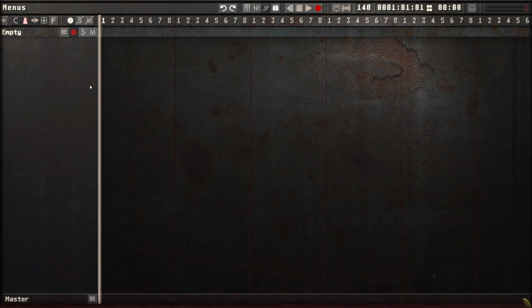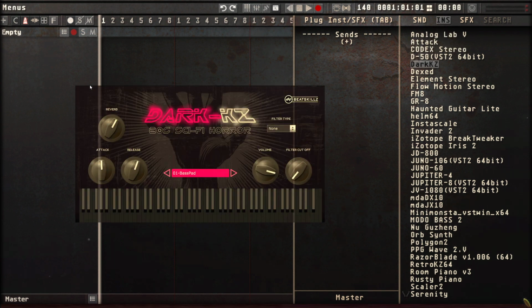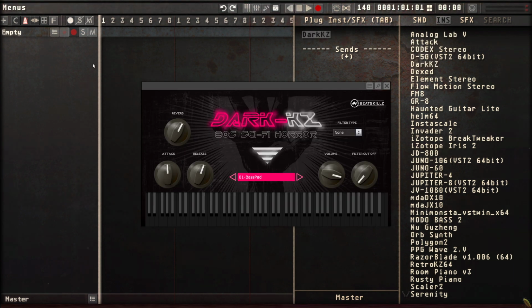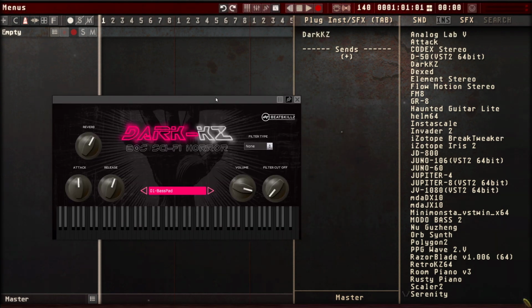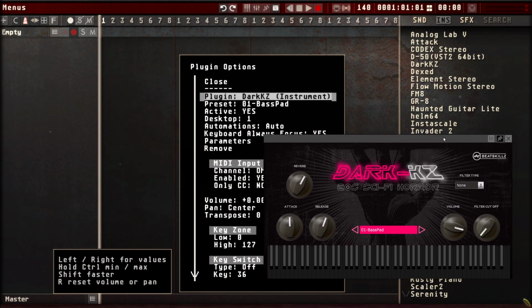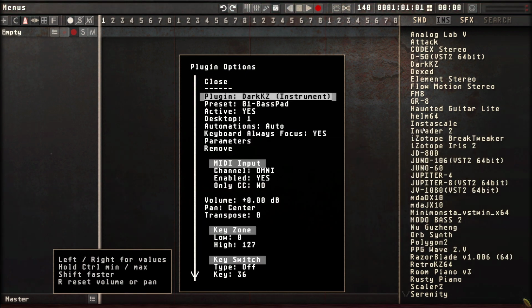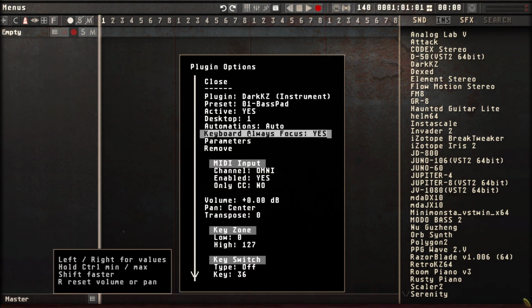I'm just going to show how to start with a simple task. I'm going to select a virtual instrument, so it loads it up. I can move the plugin where I want, and I have the options here that I can open, the plugin options. So let me close it up here. So I have my plugin options. There are a lot of options in here,